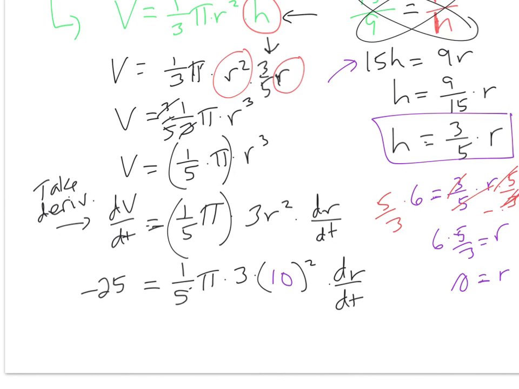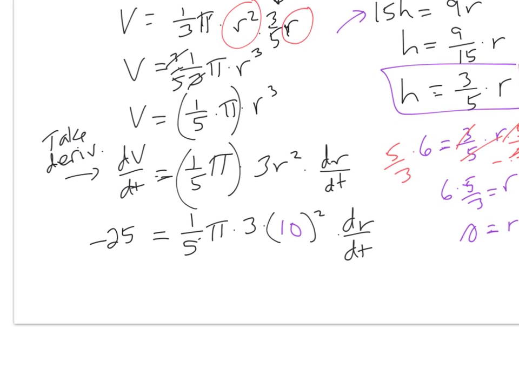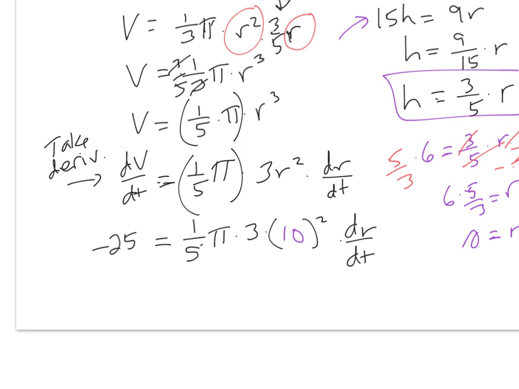Radius is 10. Plug and chug. We just need to do some math here to solve for dr/dt. So final answer is going to be dr/dt equals, and I need to do some calculations. I would try to keep it in exact form. Let me know if you have troubles with that, but otherwise I'm going to let you go ahead and see if you can get to the answer of -5 over 12 pi